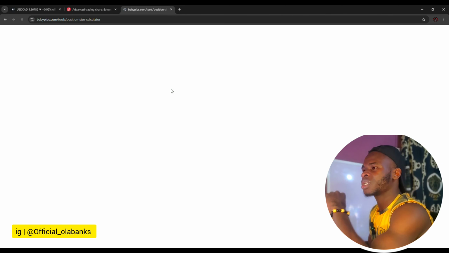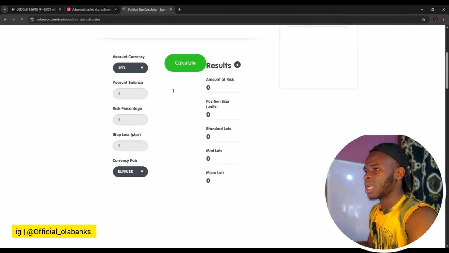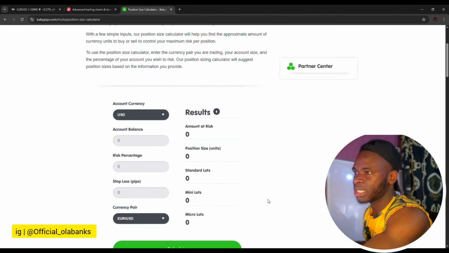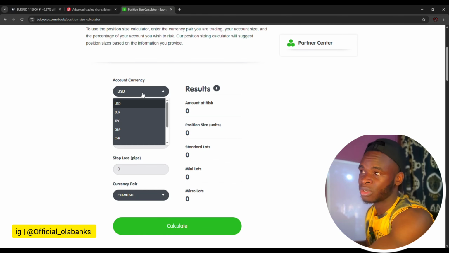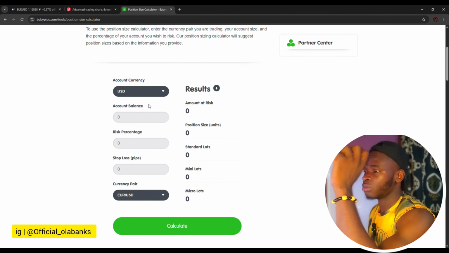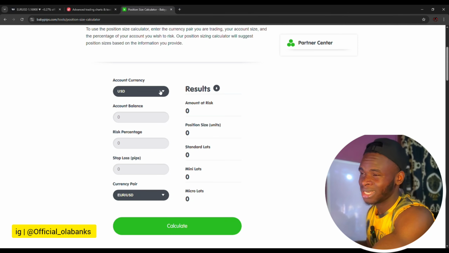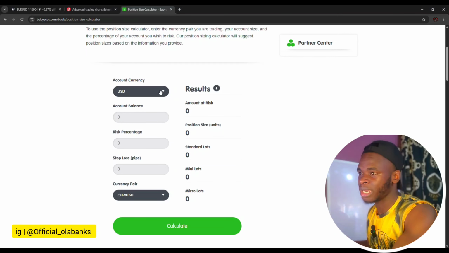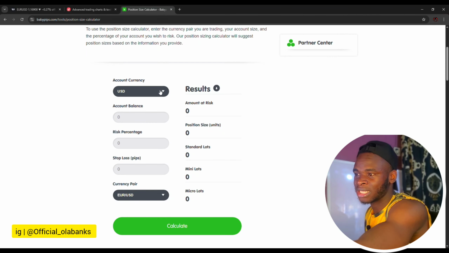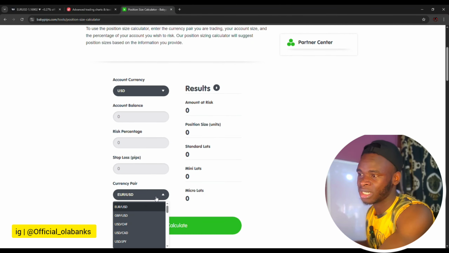So this is the position size calculator. Now, immediately you log in, you will see this account currency. You don't want to tamper with that, only if it is not on USD, because you want to set that to USD. This is not the pair you are trading. It is the account currency that is on your account. Down here, these are the currencies that you can